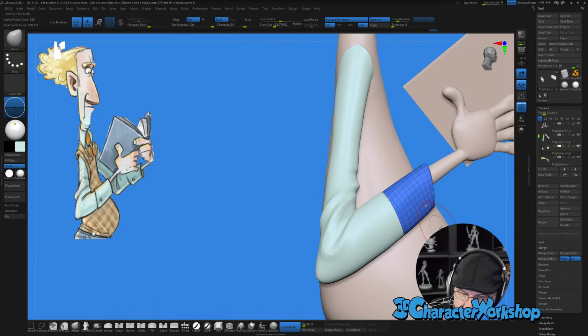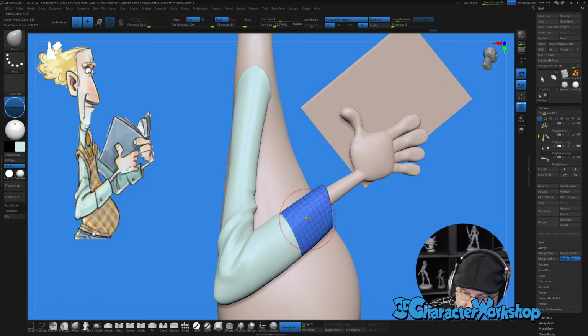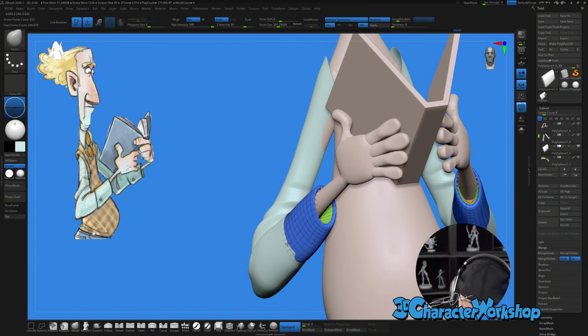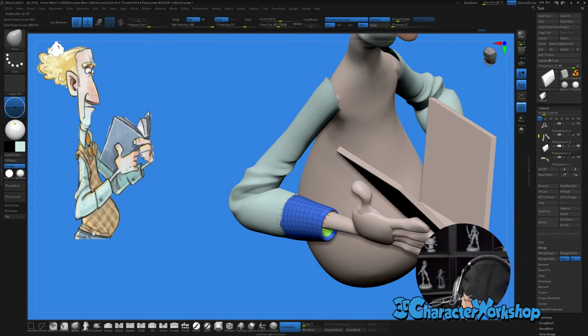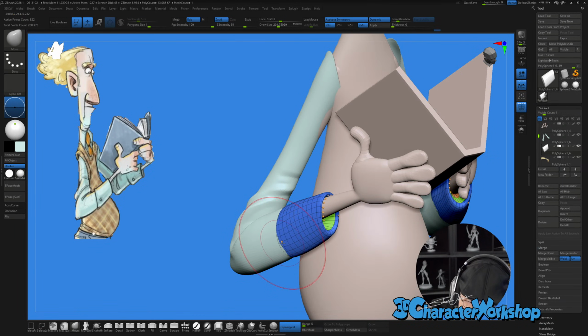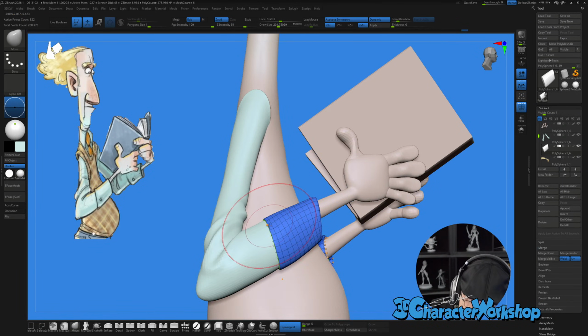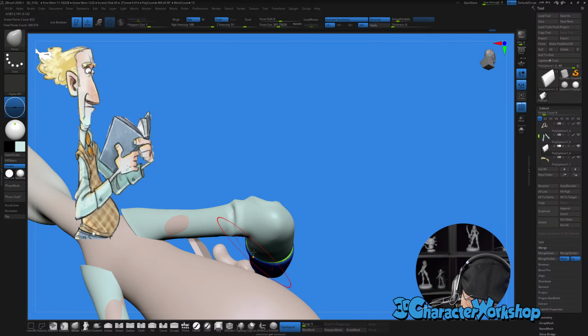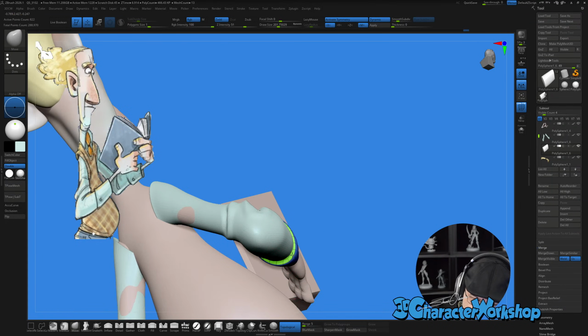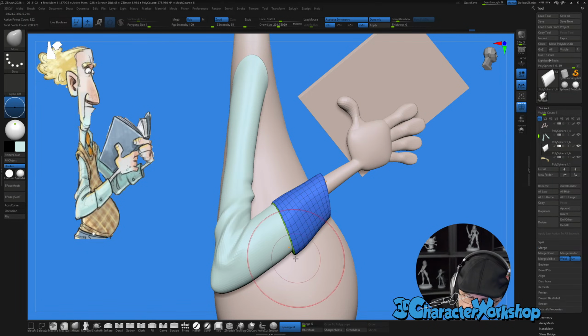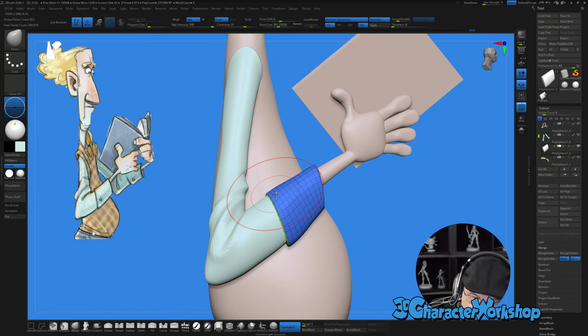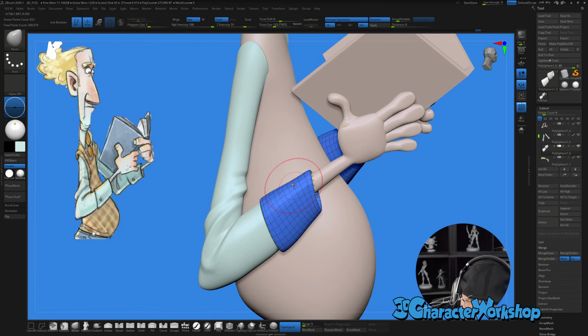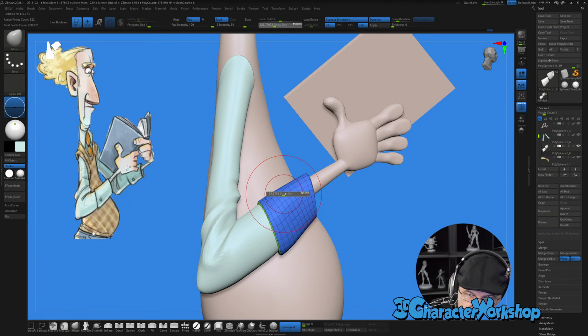So now I have a place where I can cut the arm off inside, which is not going to affect anything else. We can grow this out. I'm just using the move brush rather than scale to work it around. And this is a cap, so it's not going to hurt if you pull. I can pull this down a little bit further from like the weight of the thing on the bottom. Yeah, we can add a little bit of a saddle here.